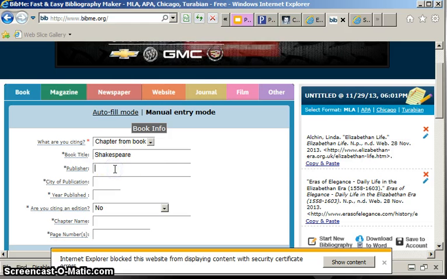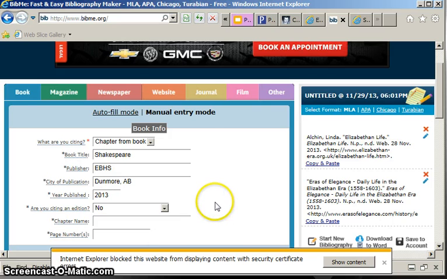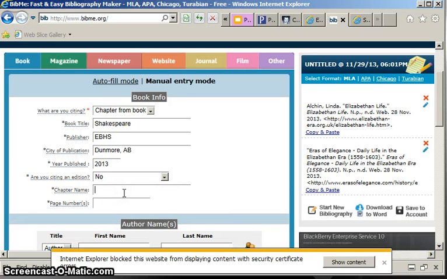Publisher, we're going to say EBHS. City of publication, we're in Dunmore, and I'm going to include the province because no one knows where Dunmore is. Year of publication, we will use 2013. Now, chapter name, if I'm doing fashion, the pages that I used in here, one of the pages was called